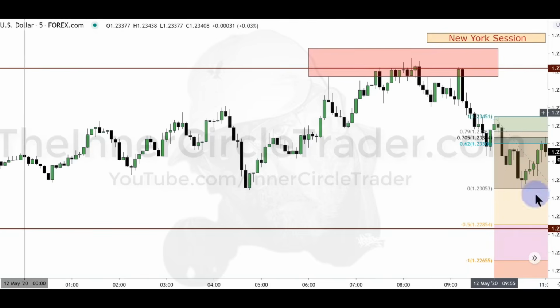Low and high, retraces back into the New York session. And the previous day, or the 11th of May's low, we will be targeting that next. Stop will be above here. Your short will be in here at the 62% retracement level. And again, below the level of the previous day's range low at, what is that,